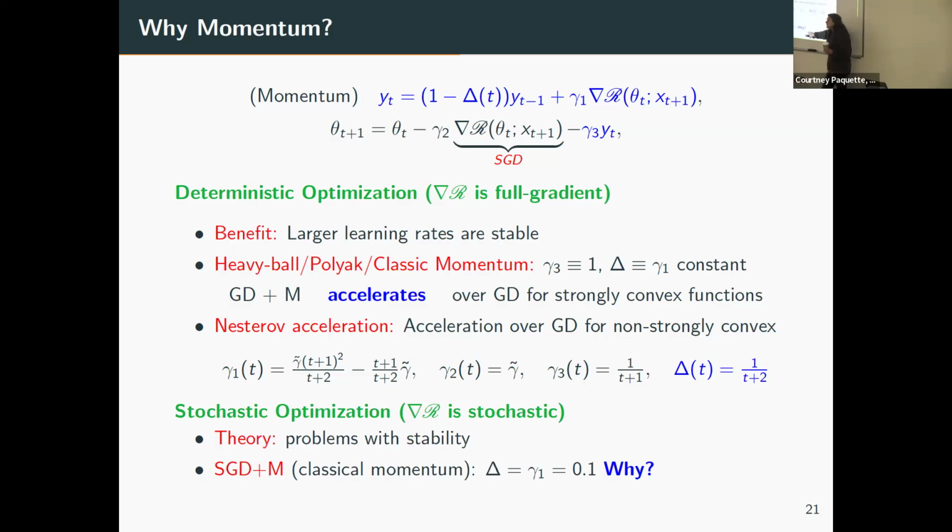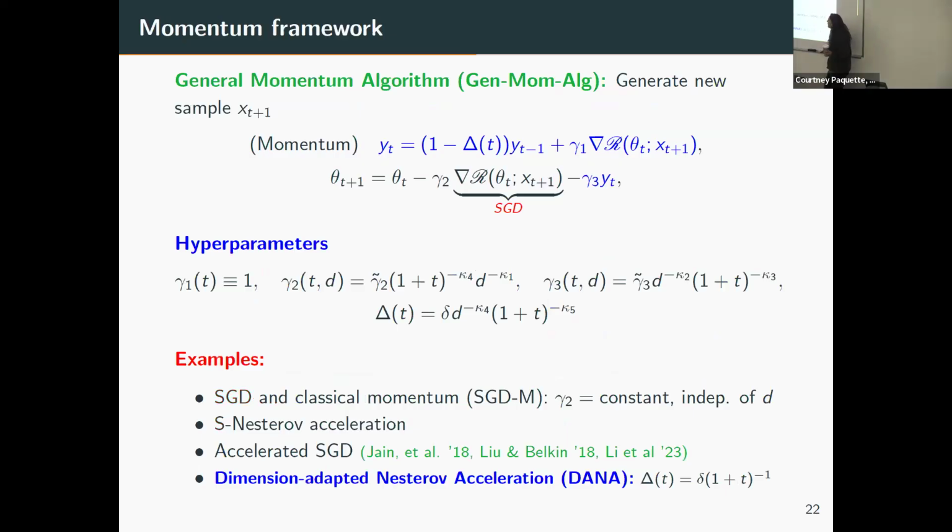And then in practice, everyone just uses Polyak with deterministic things. They literally just choose delta to be 0.1. Why? Because there was a Stanford lecture like 20 years ago that said use 0.1 for your momentum. And forever now, that is literally the default option in every code base. And we use it. Why do we use it? What's going on?